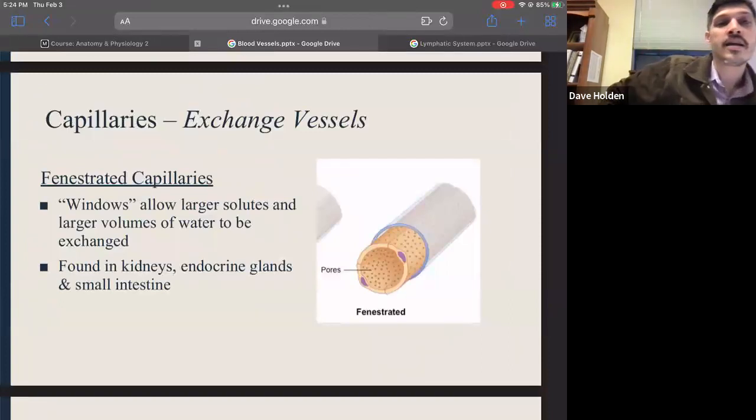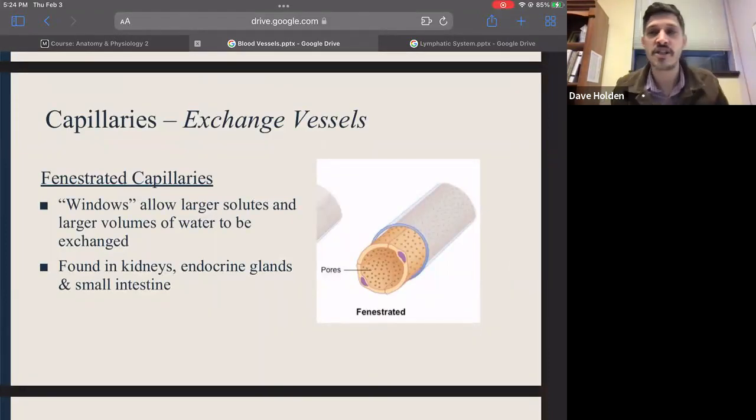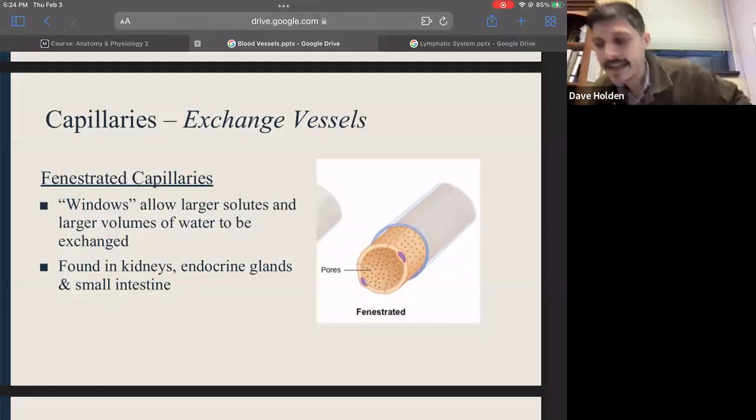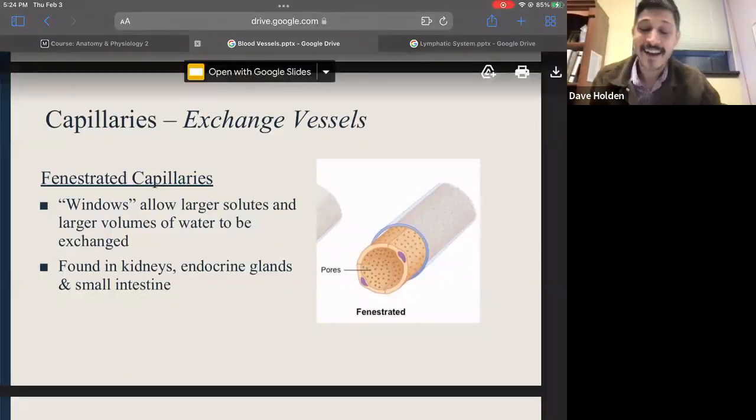All right, next we have fenestrated capillaries. And again, guys, I'm your friendly neighborhood etymology freak. Knowing the words and what they mean tell you a little something about what's going on. So I'm going to take a little side journey here. There is a really fun word